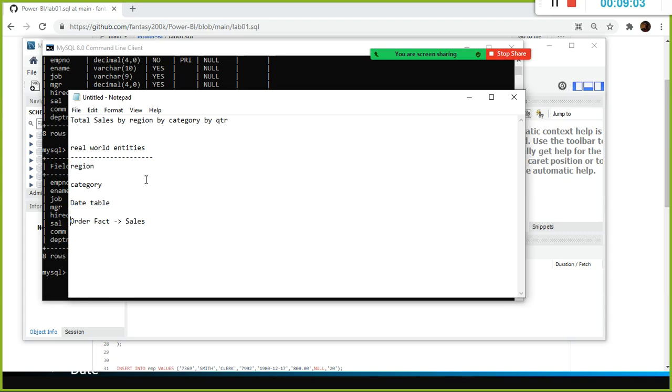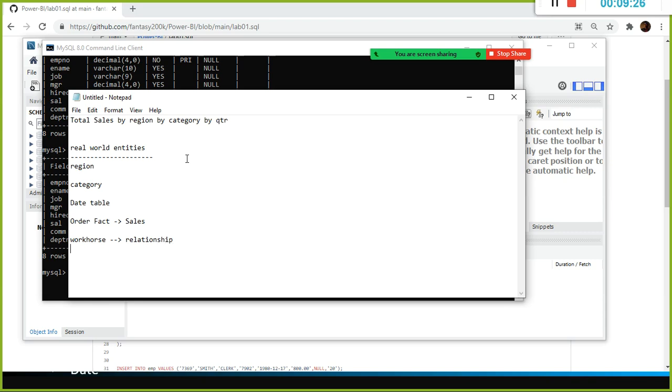Primary key is very important when it comes to Power BI. The heart of Power BI is the relationship. Unlike Tableau, when it comes to Power BI, you need to establish the relationship between more than one table.